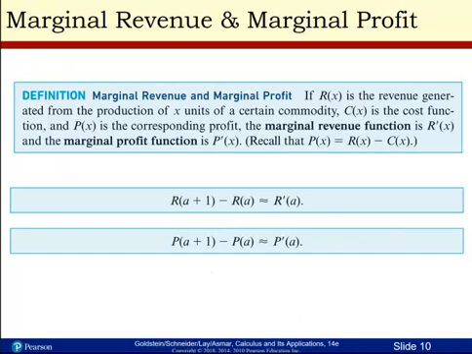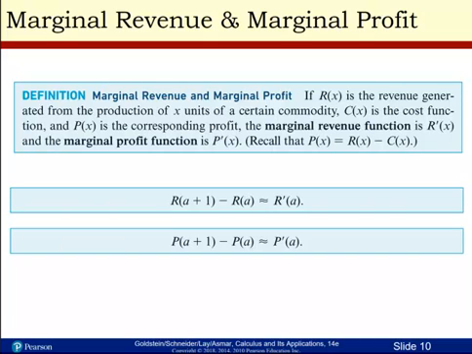We can broaden this into marginal revenue and marginal profit. So we're just going to do the same thing. We can do it for both revenue and profit too. So the definition of marginal revenue and marginal profit: if R of x is the revenue generated from the production of x units of a certain commodity, C of x is the cost function, and P of x is the corresponding profit, the marginal revenue function R prime of x and the marginal profit function P prime of x are going to be,